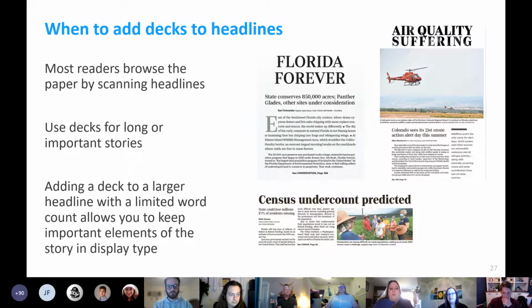A good headline deck combination adds meaning and increases readership by giving additional context. With longer stories, readers are more likely to plunge into a sea of text if they know in advance what it's about. Decks are also a handy tool when you're trying to properly size a headline. Longer words can often be put into a deck so you can bump up the point size on the headline. Decks are great to use when you have a headline with limited words. The deck can give the reader much more context and provide an additional entry point for the story. Newsrooms are welcome to provide decks with stories, but designers and page editors can also add them as needed.